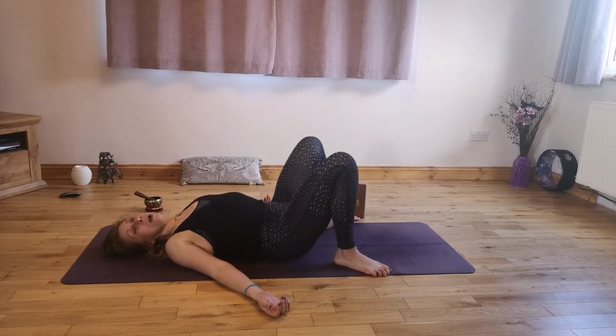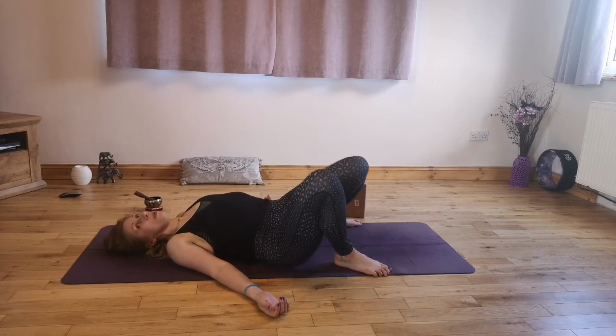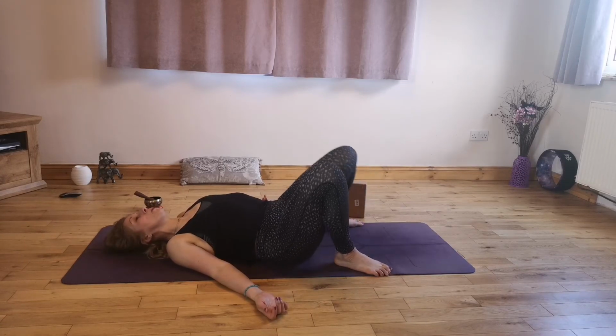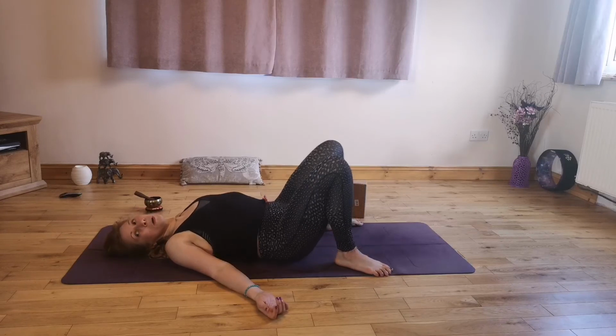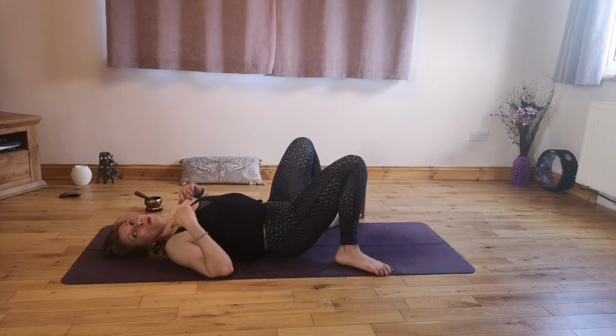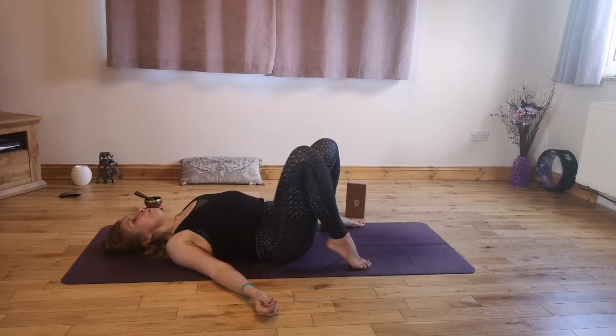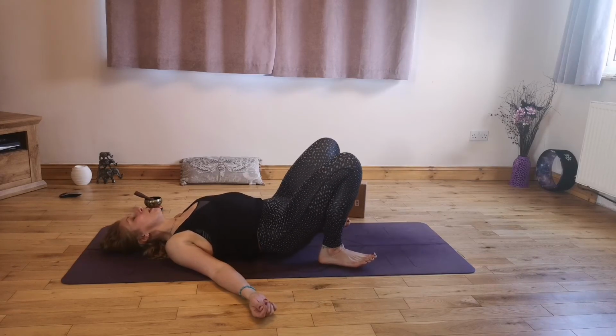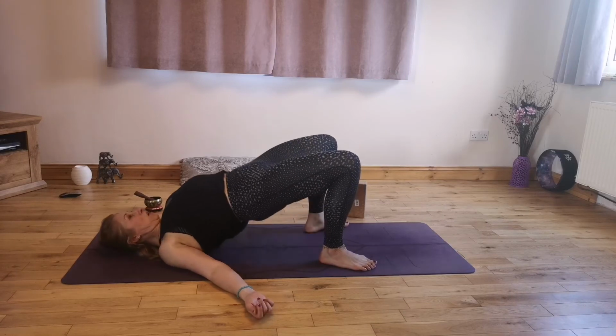Let's do one more bridge. If you have in your practice wheel, yes, it can also be achievable. I'm not going too much into wheel because I did not open the shoulders too much. So I'm happy to come back into the bridge, pushing in the heels, lift the pelvis up, opening up, and